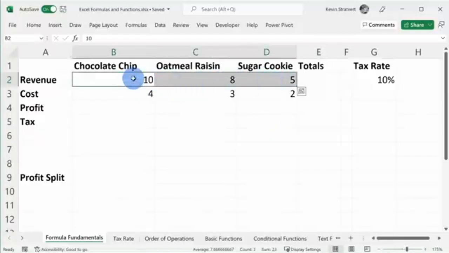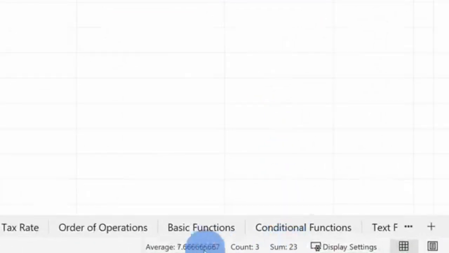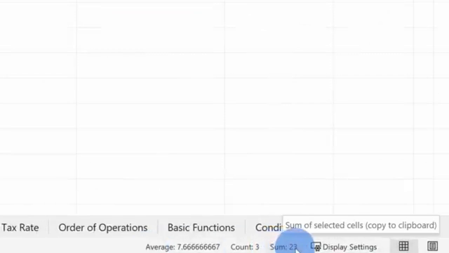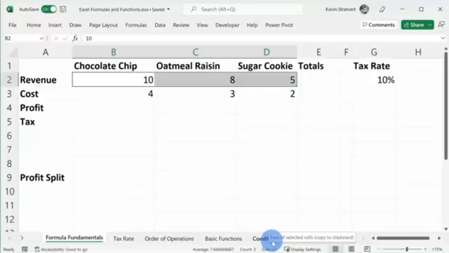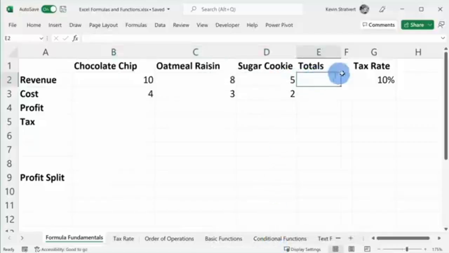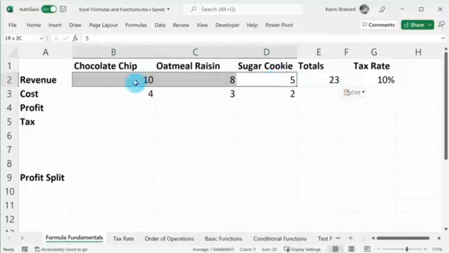cells. When I highlight these 3 different cells, if we look down below here on the status bar, you'll actually see that we have the sum right here. It's 23, and that's how much revenue we made from these cookies. So you don't even have to enter in a formula to get some basic metrics back. And in fact, if I click on the sum here, I can go into the total cell and press Ctrl V to paste, and here I've added up all of these different cells, just like that, just by using the